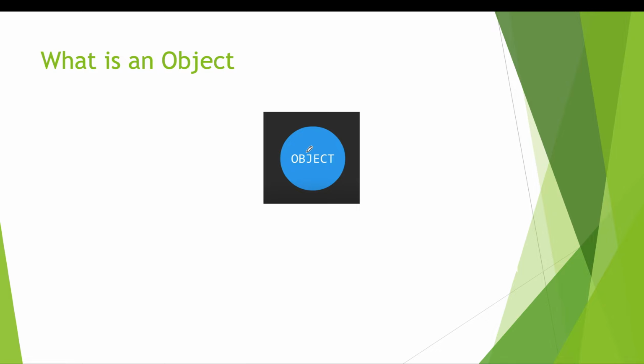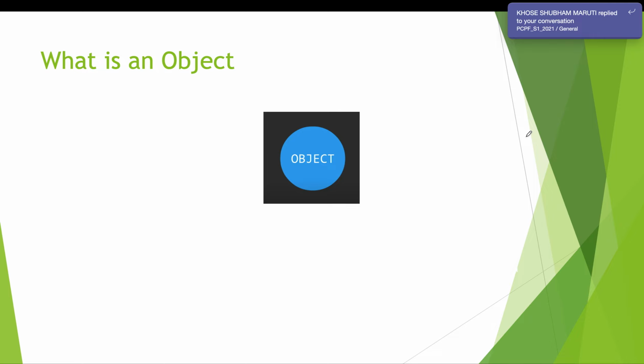Now, as I've already told you, the most important thing about object oriented programming is object. The name itself says object oriented. Everything focuses upon the existence of objects. So what are objects? When we are talking in our simple language or general communication, when we talk about an object, what does that exactly mean? It means something that exists, maybe that you can touch, you can feel, you can talk about. That is your object.